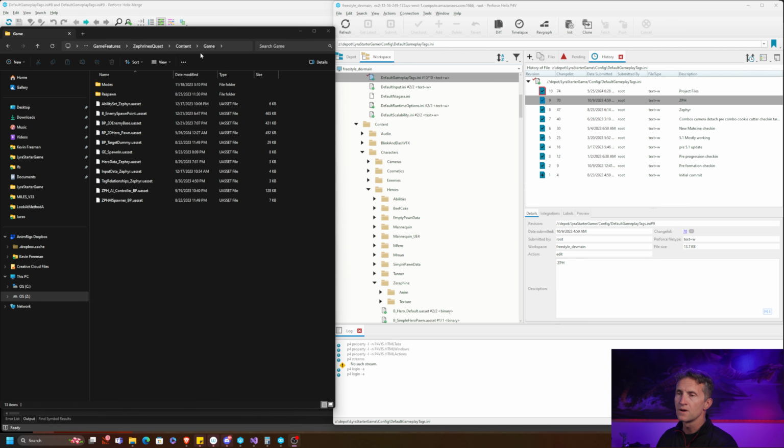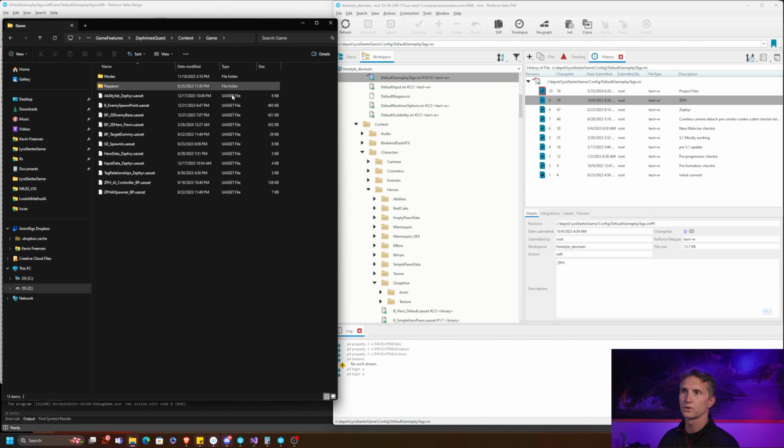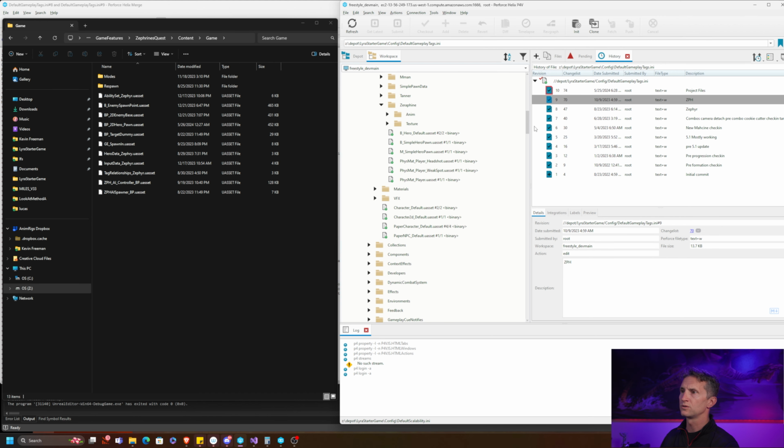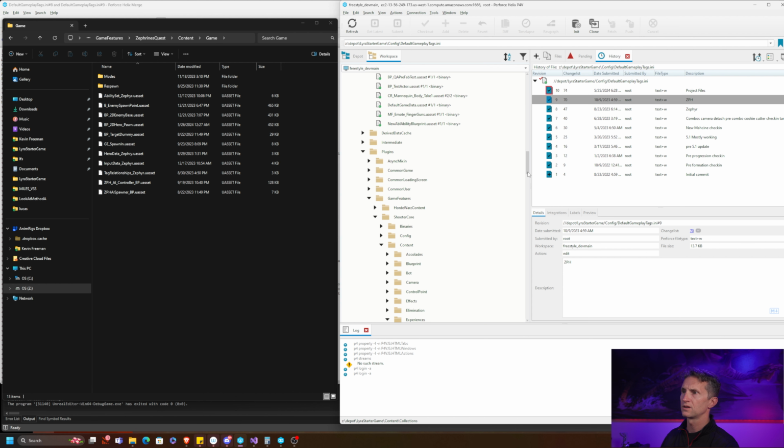So now you have this file library repo sitting on the cloud somewhere or on a network drive. And basically what you're looking at is just like I have up here, this is just a common Windows Explorer. We have our file system. And the only difference between this file system and the way a version control file system works is if we, for example, go to this same folder. So here you can see we have game features, Seraphine's Quest, content, game. If we go to Seraphine's Quest, content, game, which is down here,